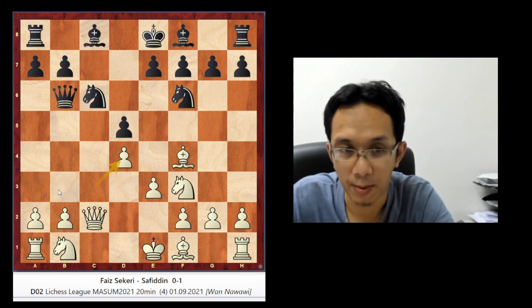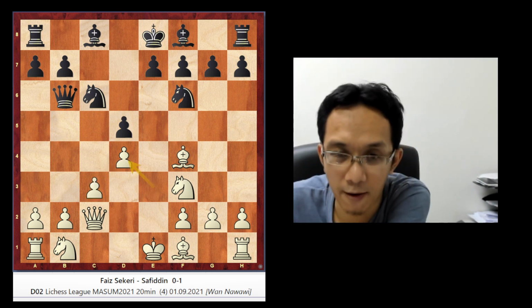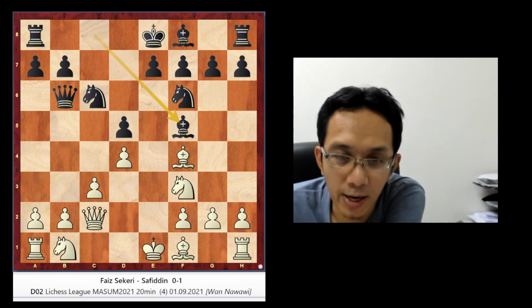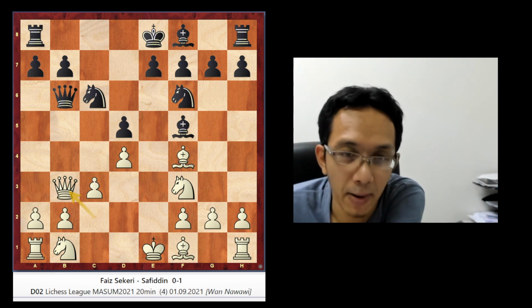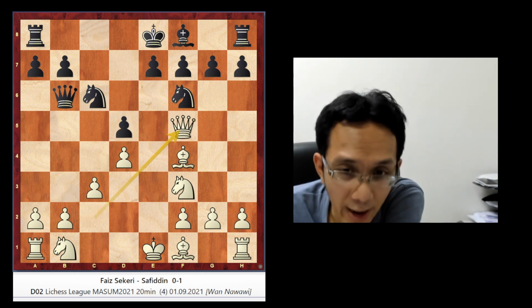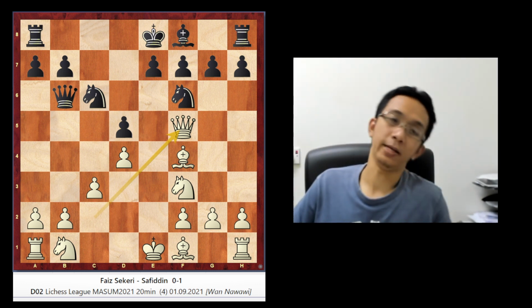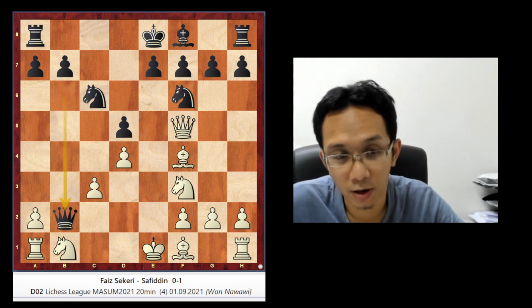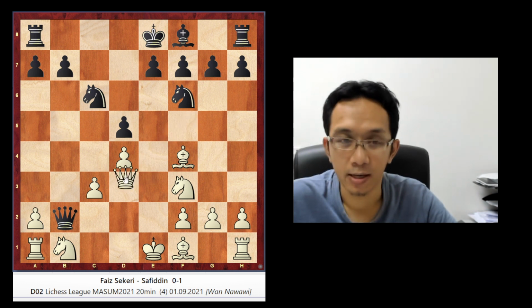Okay, so coming back to the game, so e4 and then bishop f5, again bishop f5. But here white plays queen b3. Okay, but here if white plays queen f5 it is still okay. The reason being, this is not a blunder. Okay, this is not a blunder, but you need to calculate, lah. This is not a blunder because if you take on b2, you have queen d3, queen d3, queen d3.